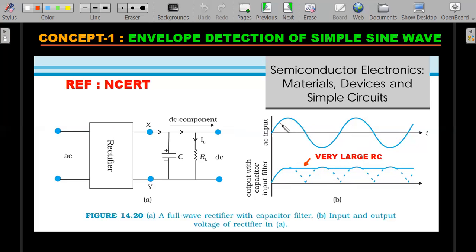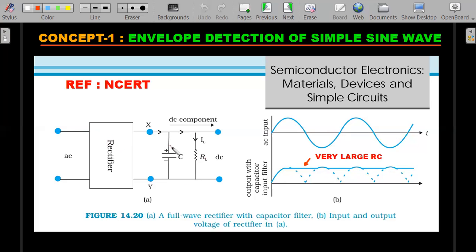So what is the envelope here? Envelope is the value of the amplitude, which in this simple scenario is a constant envelope. You could see it's almost a straight line, and therefore the output is a straight line. So this is the basis of an envelope detector, where you will have a diode or a rectifier and an